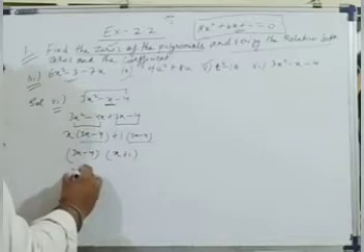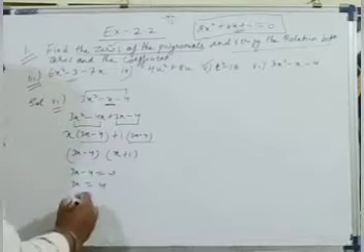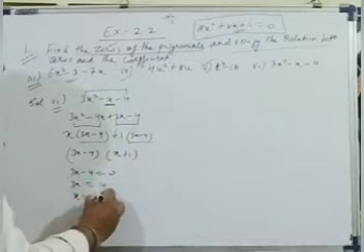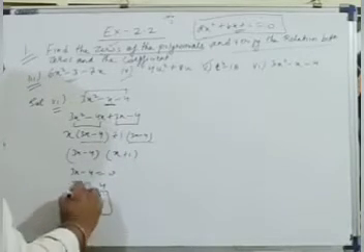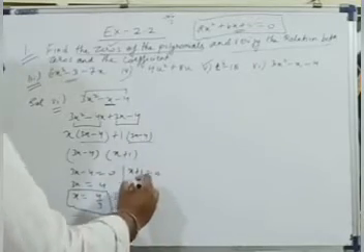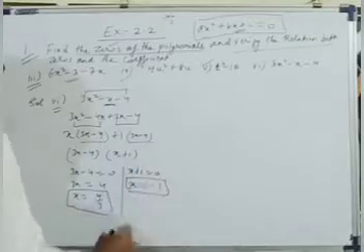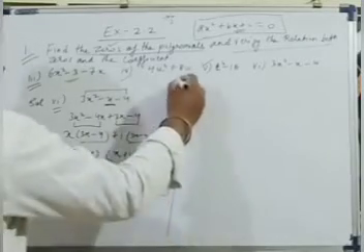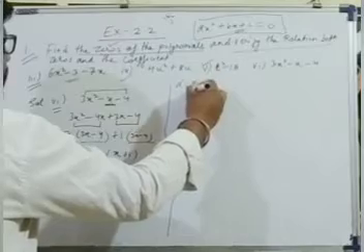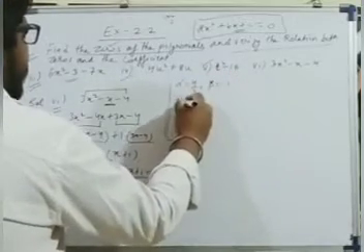Then take each expression equal to 0. So 3x equals minus 4, plus 4, so x equals 4 by 3. This is one of the zeros. Then take the other expression, x plus 1 equals 0. So we can write x equals minus 1. This is another zero. So one zero we can take as alpha, 4 by 3, and beta we can take as minus 1. Then write the standard equation.